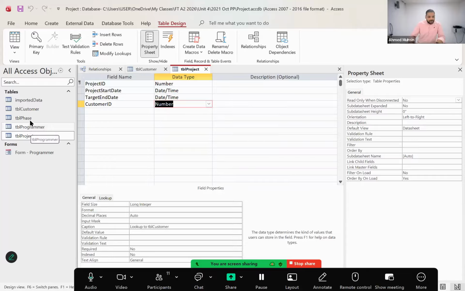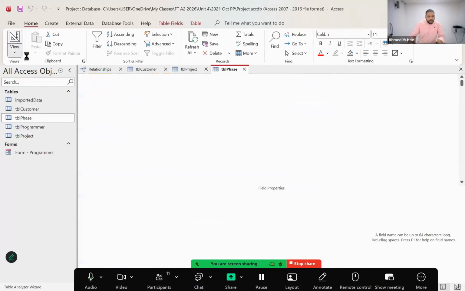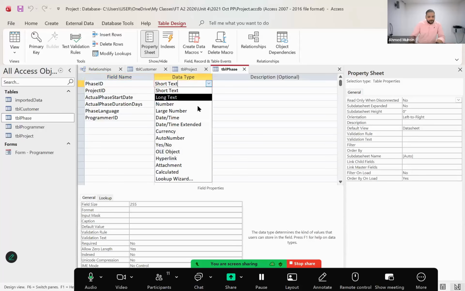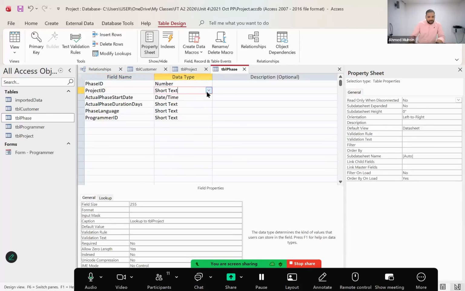Let's go into the phase table, no? Let's go into phase table. And everybody, phase ID will be a number. Project ID will be a number. Duration days will also be a